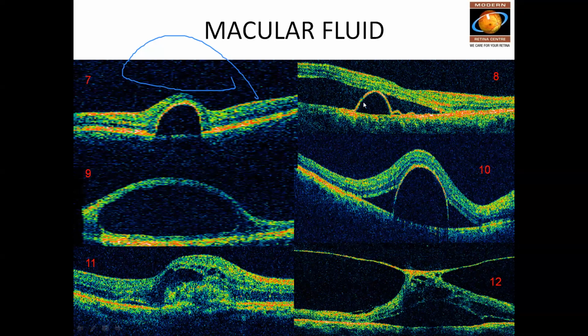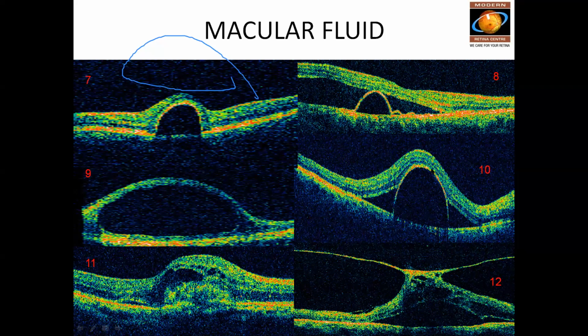Raja, you can show that this is the acute angle. If you see number 10, there was a query in the chat box. If you see number 10, there is an acute elevation of the PED. So compared to this level, if you get such an elevation, you can call it an acute angle. Number 7, what you see is an obtuse angle. That PED is an obtuse angle, whereas this is an acute angle.